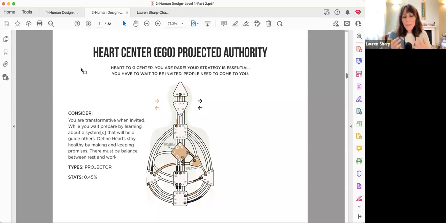And it's quite a thing. I can't say it enough, because I know this individual, and they do come across as a lot, but they're actually not. It's just the centers. They come across as a lot because of the way projector energy works, that penetrating energy. When it's not invited, and it has these spaces defined, and they give an opinion, the other people are like, wow, that was a lot.